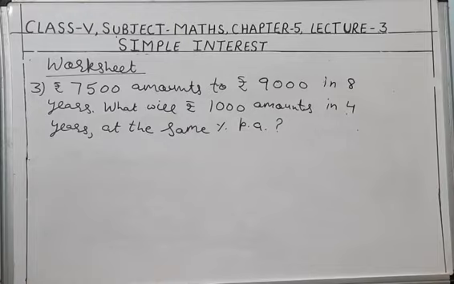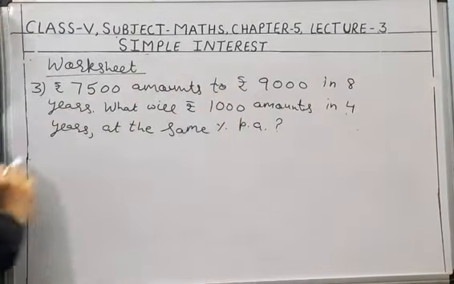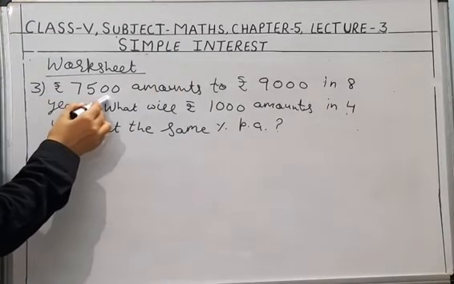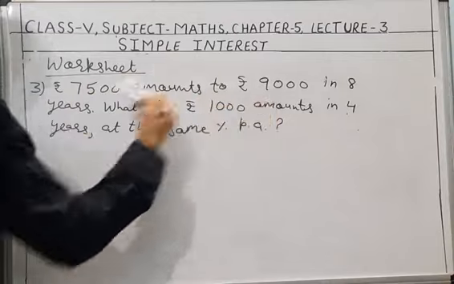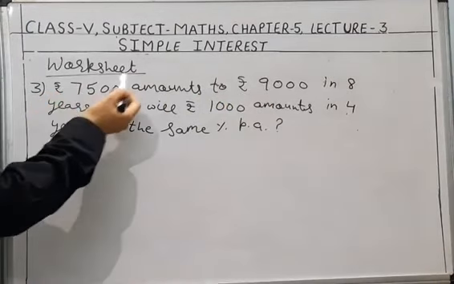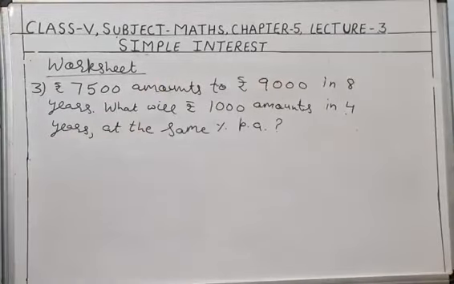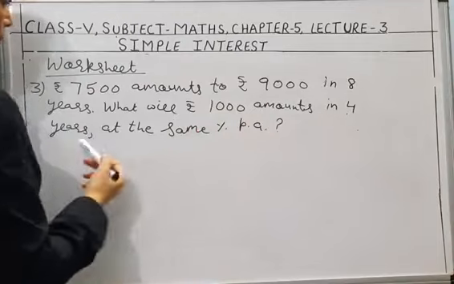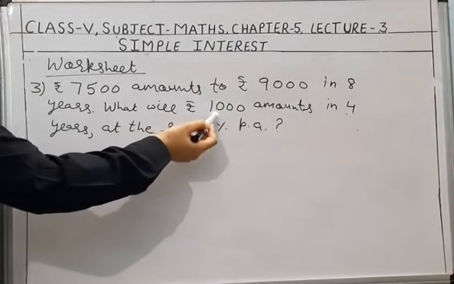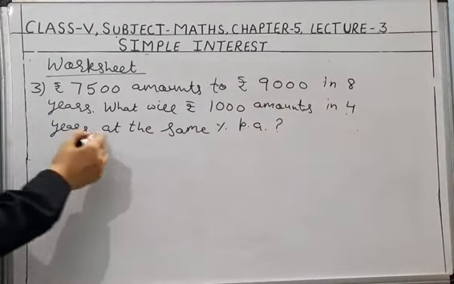Now first of all understand this question. Rupees 7,500 amounts to rupees 9,000. 7,500 rupees प्रिंसिपल है जो बन जाता है 9,000 रुपीज। मीन्स प्रिंसिपल प्लस इंटरेस्ट मिलाकर के ये अमाउंट बन जाता है। कब? 8 years के बाद। Then what will rupees 1,000 amount in 4 years। तो 1000 रुपीज अगर प्रिंसिपल है तो कितना अमाउंट हो जाएगा 4 years के बाद